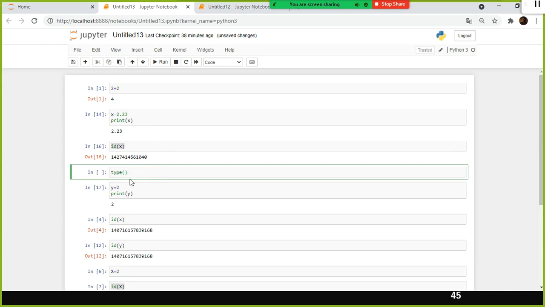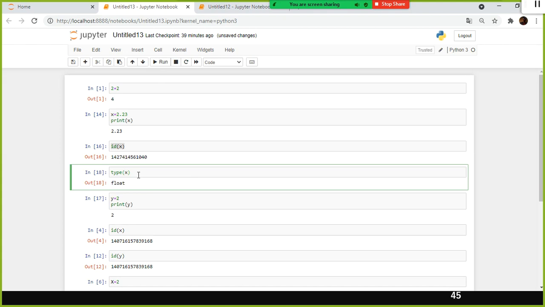If you use parentheses followed by a variable, or any word, that means it is a function. So I use the type function to check the data type of the variable x.